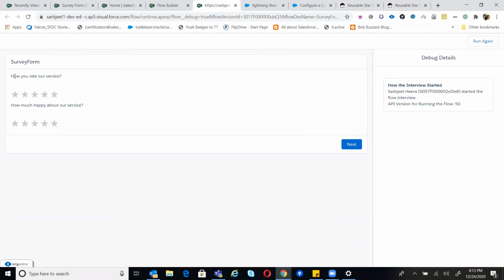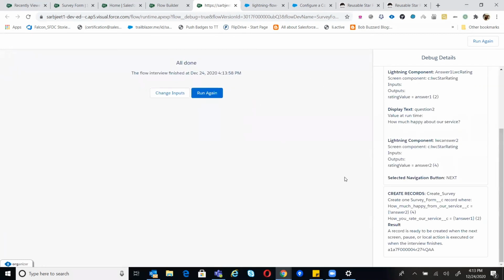Now if you see, the question is displayed here, and my star rating components are coming here. For example, I am giving a 2-star rating for the question, rate our service, and for happy with the service, we can give 4 stars. Click next. So our record will be created in the backend. You see in the backend, the answer 2 value is 4 and the answer 1 value is 2.